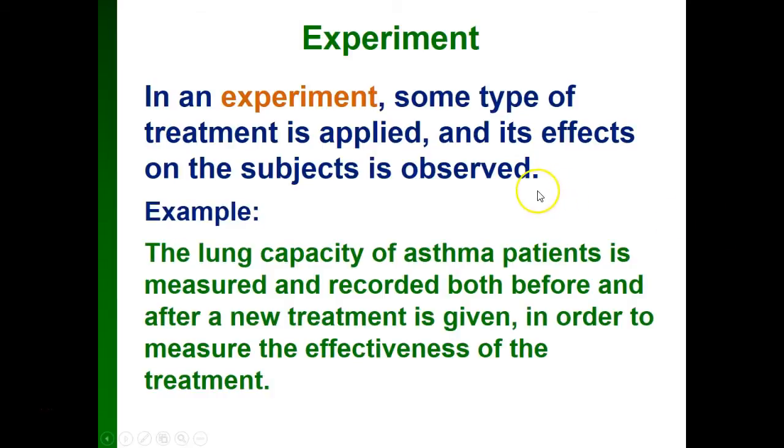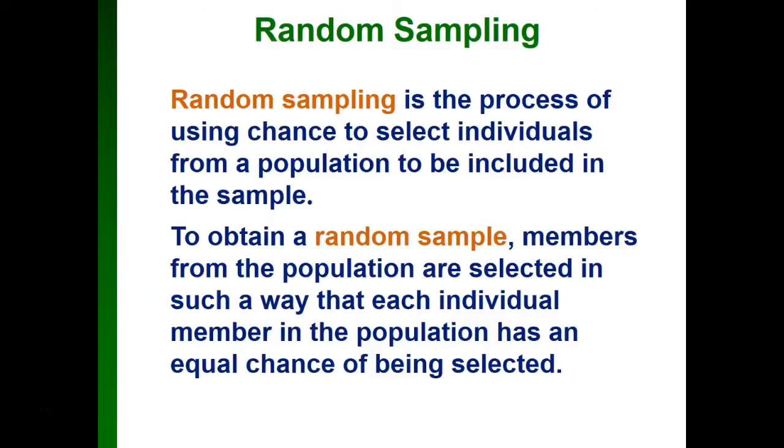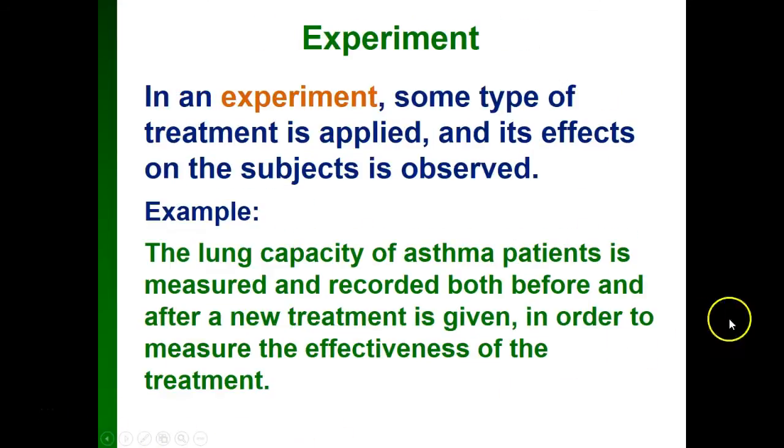Here's an example. The lung capacity of asthma patients is measured and recorded both before and after a new treatment is given in order to measure the effectiveness of the treatment. So in this case, the researchers are trying to change something. So they measure before the treatment is given and they measure after the treatment is given to find out if